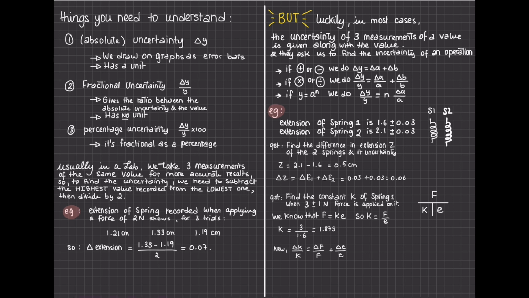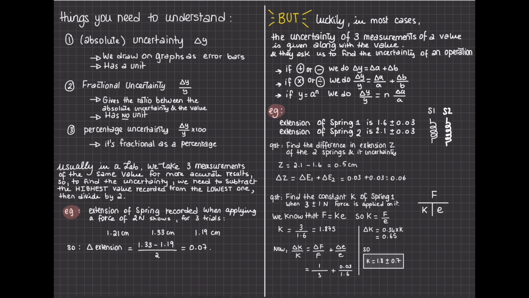Now, in order to find the uncertainty of K, you have to use the fractional uncertainty as per the formula that we stated earlier. So the uncertainty of K divided by K is equals to the uncertainty of the force divided by the force itself, plus the uncertainty of the extension divided by the value of the extension. Okay, so it's 1 divided by 3 plus 0.03 divided by 1.6, and this will give you 0.34. Then you multiply by K, which we found earlier, 1.875, and you get